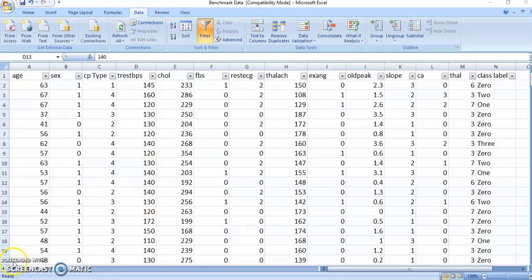So here is the completely formatted data that has been imported into Excel along with the labels. Here I have attributes such as age, sex, chest pain type, BPS, cholesterol levels. Like that I have different types of attributes associated with the heart disease data set.